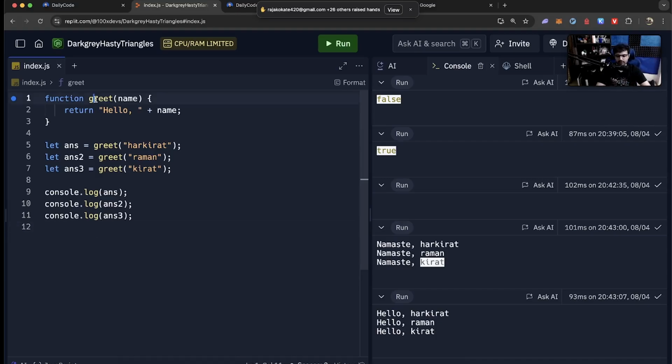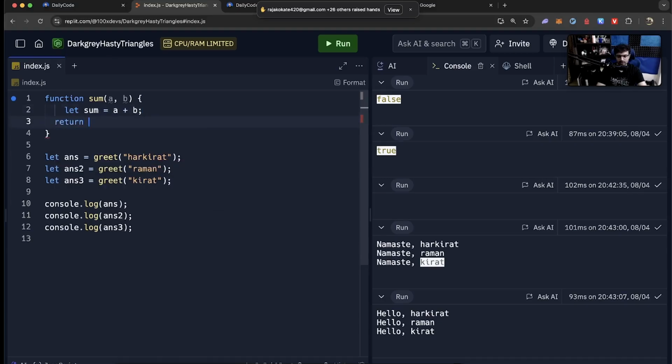So let me quickly define one more function for you called sum. Now I have a new Kamla Devi auntie or Kamla auntie. She's supposed to take 2 variables, A and B. She's supposed to take 2 variables now, not 1. She has more work to do. And she's supposed to return the sum of it. Let sum equal to A plus B, return sum.